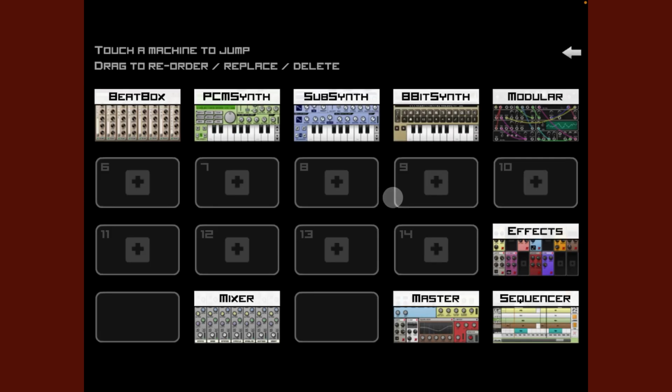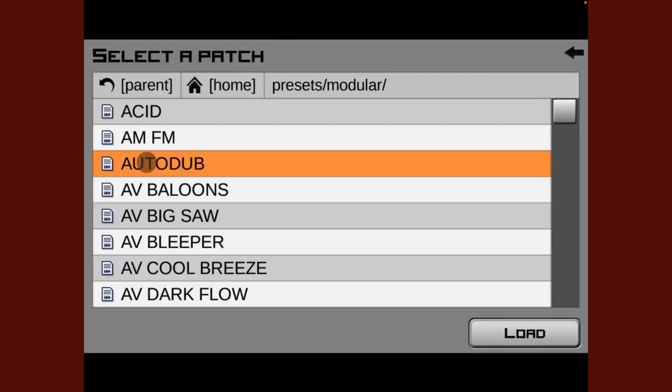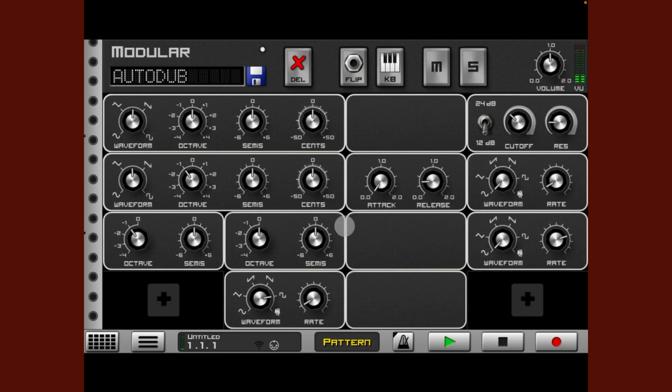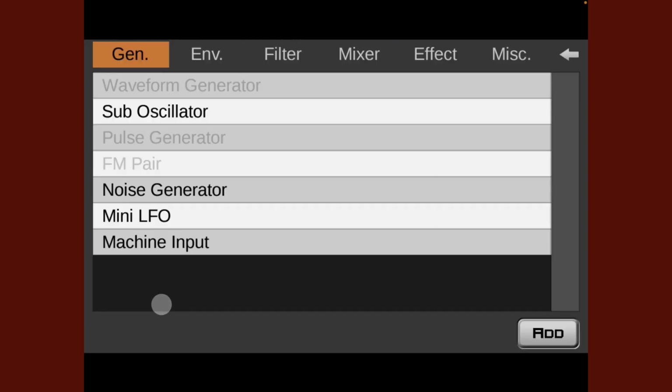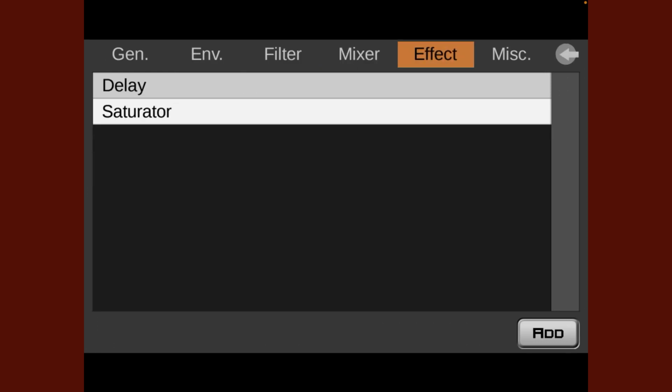Let's see. Oh, it has a modular synth as well. Select a patch. Let's see. So auto dub load, and there we go. You can add different generators, and then use the envelopes, filters, mixers. It even adds a few effects,